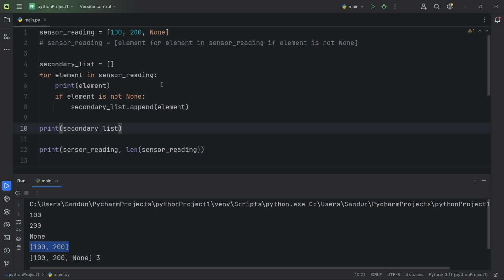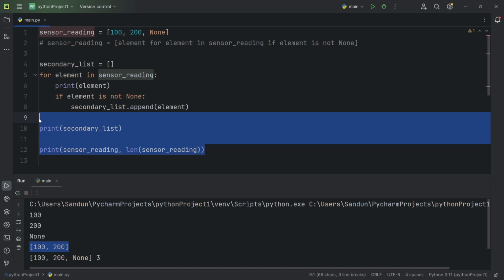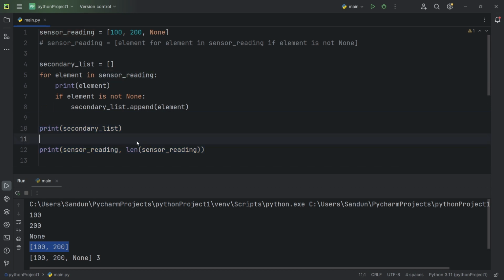This can be very powerful when we want to work with data, because sometimes we will have None values, and in that case we need to handle them properly. So I hope you learned something which is very practical and very important when we are working with projects, to filter out